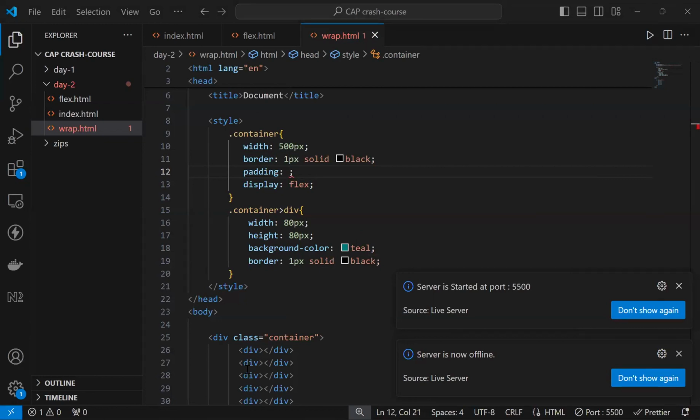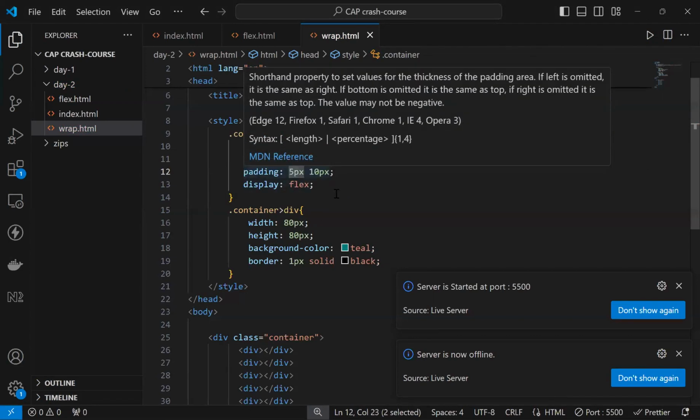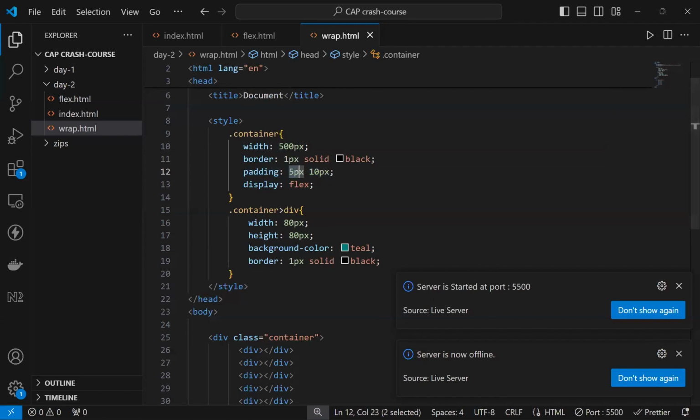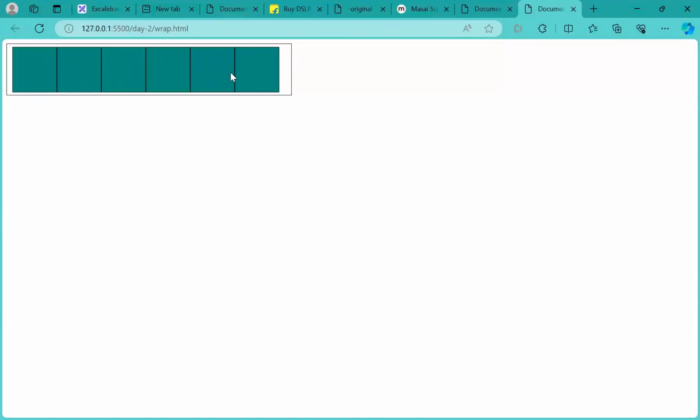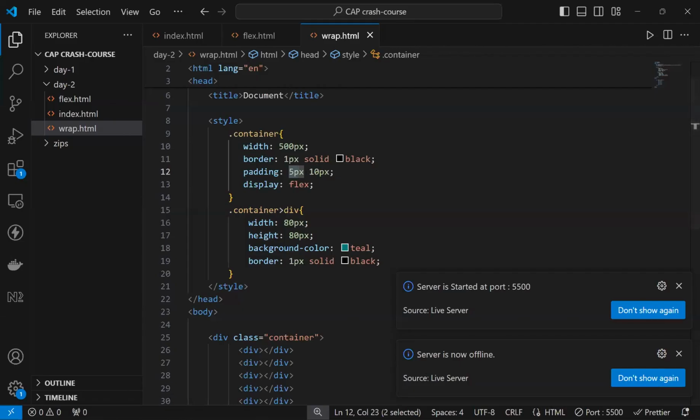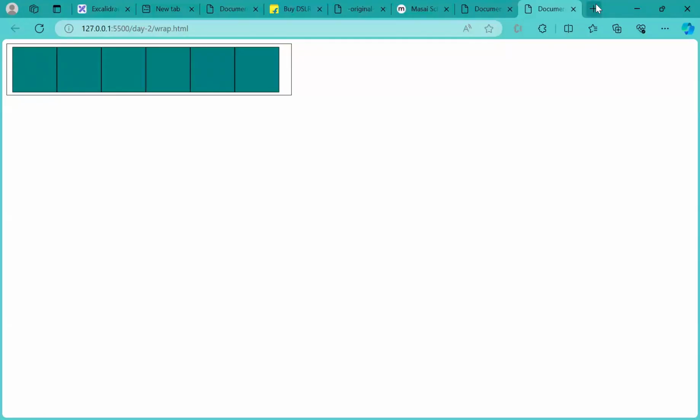Very good, very good। All I have to do is I have to write 5 pixel space 10 pixel, so basically 5 pixel will be applied on top and bottom, और left right में जाके this 10 pixel will be applied, right। So if I go back in here, yes, that is working। ठीक है, ठीक है। Now 500 pixel was accumulating these things। Let's say कि अगर मैं इसको जाके 400 pixel बनाता हूँ, right, and let me make it 400 pixel। एक काम करते हैं, you will not be able to observe it क्योंकि live server उसको directly run कर देगा। तो for that ना I'm gonna do a refresh।